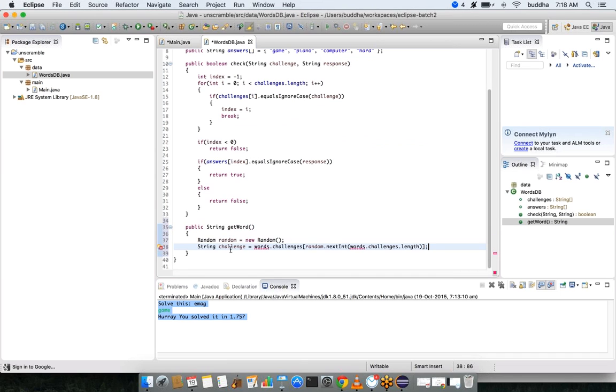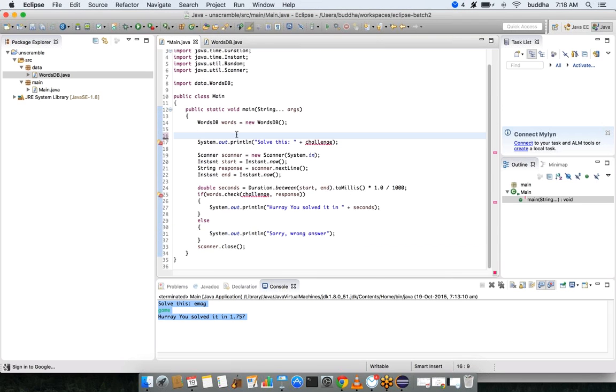Now random, new random. Now this identifies a random word and then that can be returned over here.